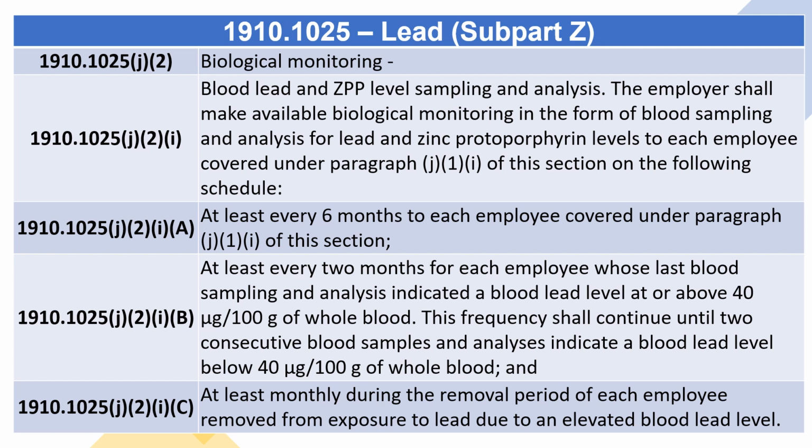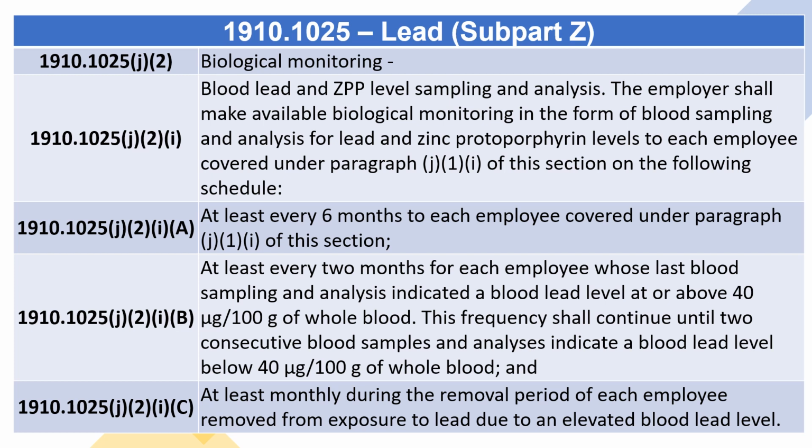1910.1025(j)(2) Biological monitoring. 1910.1025(j)(2)(i) Blood lead and ZPP level sampling and analysis. The employer shall make available biological monitoring in the form of blood sampling and analysis for lead and zinc protoporphyrin levels to each employee covered under paragraph (j)(1)(i) of this section on the following schedule: 1910.1025(j)(2)(i)(A) through (C), at least every 6 months to each employee covered under paragraph (j)(1)(i) of this section, at least every 2 months